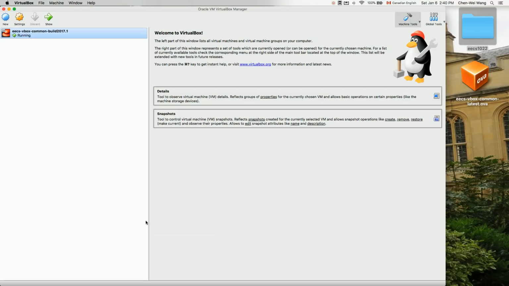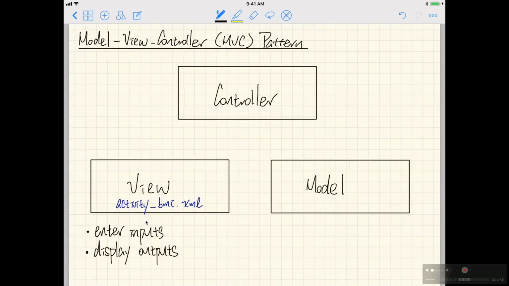Let's now start building our BMI calculator app. So let's understand some concepts first before we go to the programming in Android Studio. Let's have a look at this. For every app that we're going to develop for this course, we're going to follow a